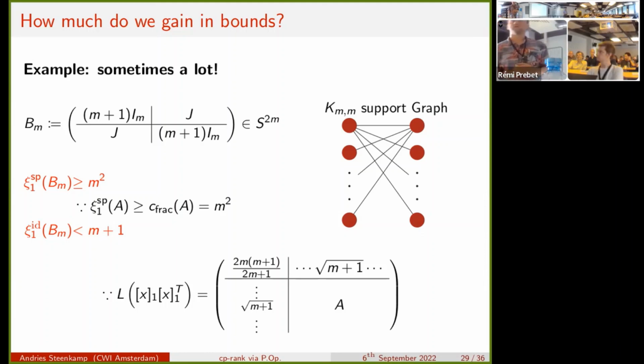Marcus, you always assume that your given matrix is completely positive. In practice, the difficult problem is to find out if a given matrix is completely positive. So, could you use this technique? Of course, if it is, then you will find it. Yeah, so I'm glad you asked, because that is what we do. I haven't shown it yet.